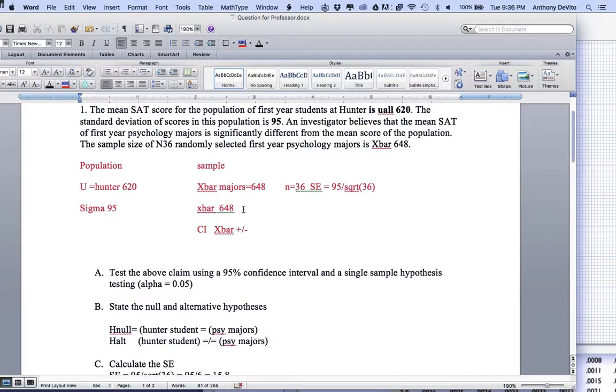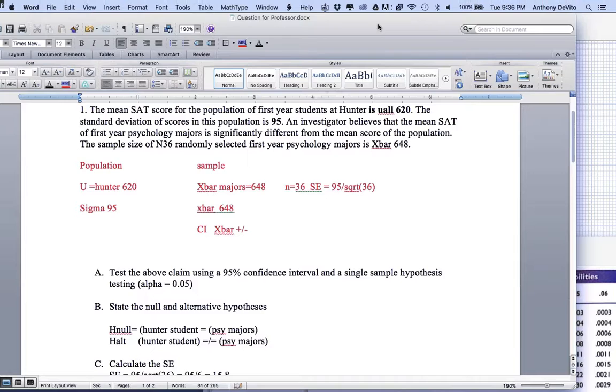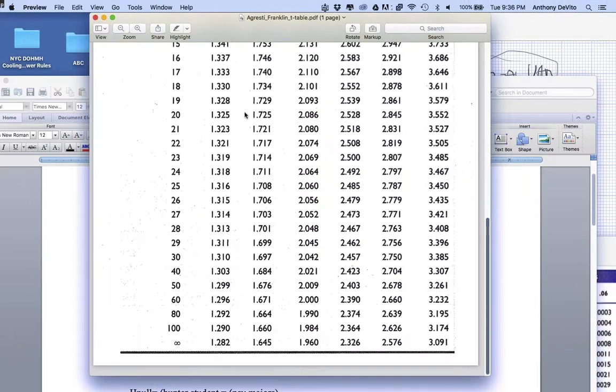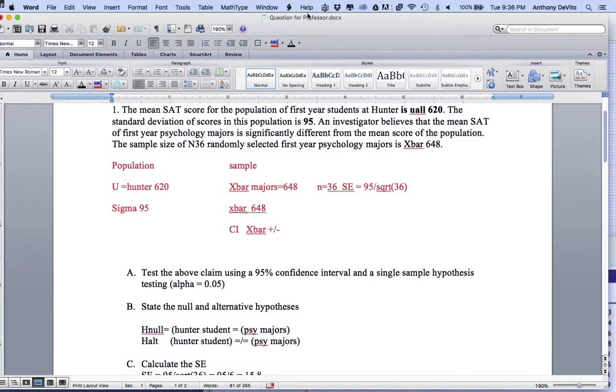I should be using the t-score here, right? So what is a t-score for a sample of size 36? If I can't find it here, let's see, back here somewhere. Here we go. For a sample of size 36, it's between these two, so it's going to be somewhere around 2.03. So I'm going to say that it's going to be plus or minus 2.03 times my standard error,